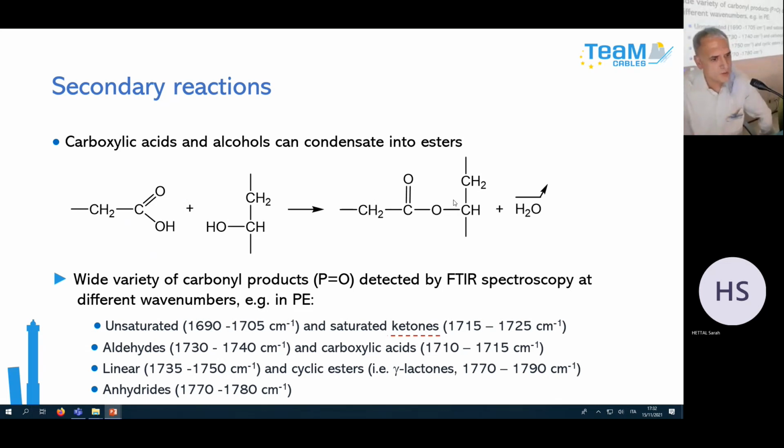So, in fact, you have a wide variety of oxidation products, and in particular carbonyl products, which can be detected by classical spectrochemical techniques, in particular by Fourier transform infrared spectroscopy. So you have here the names of all these different products. But it was also demonstrated, it is a chance for us, that ketone remains the major carbonyl product in the case of polyethylene. So when we want to calculate kinetics, we can simplify the description.